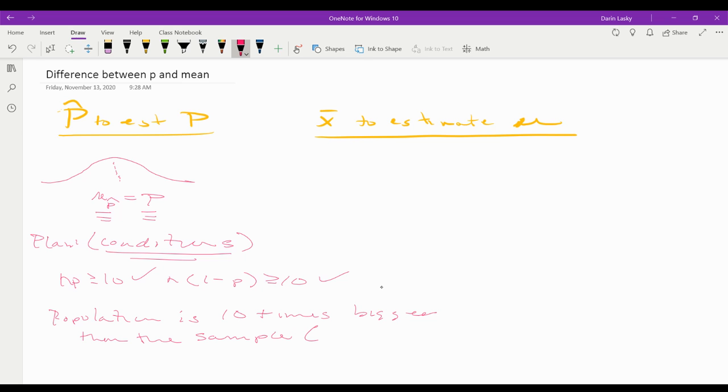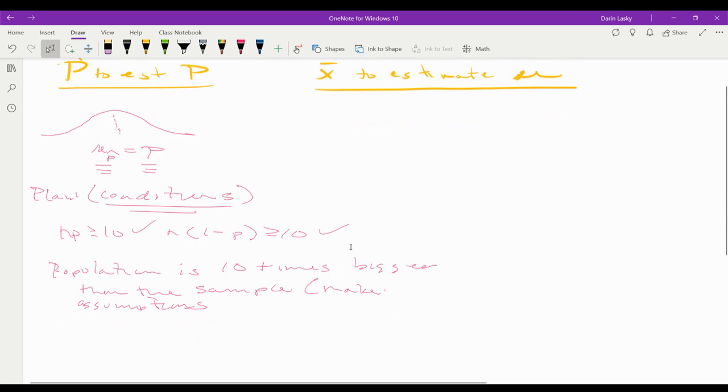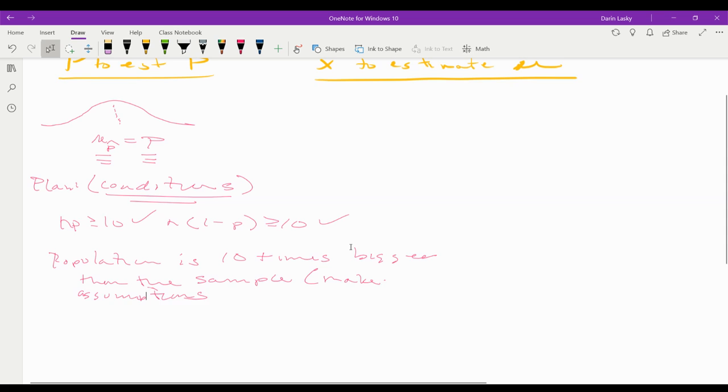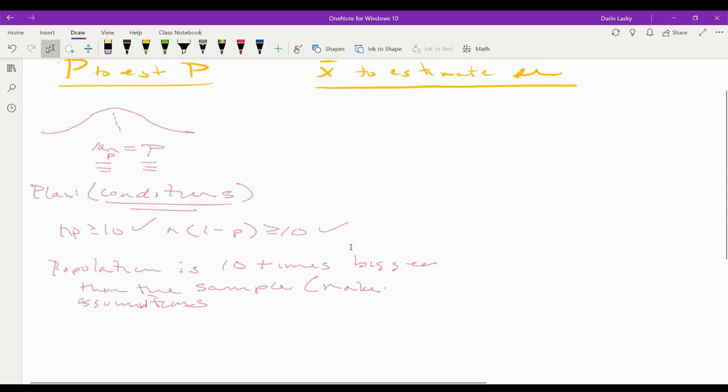And with this, you can make assumptions. So if we do that and we make assumptions, or we show that the population is 10 times bigger, then we can say two things. We can say conditions are met,